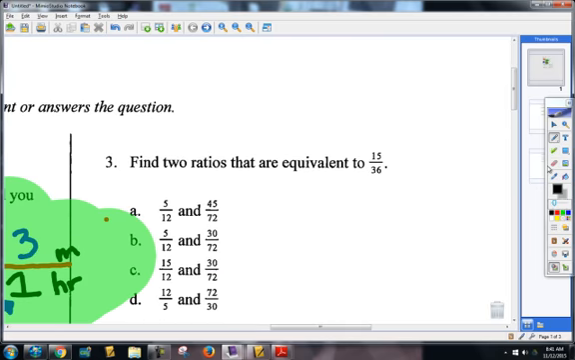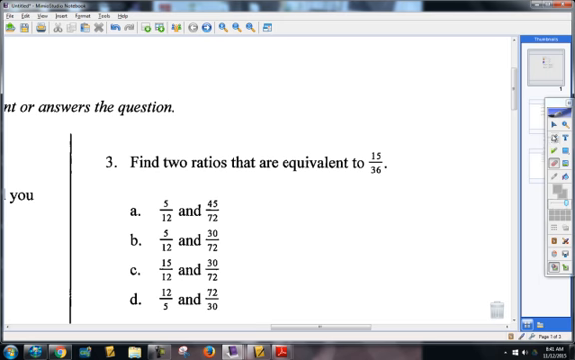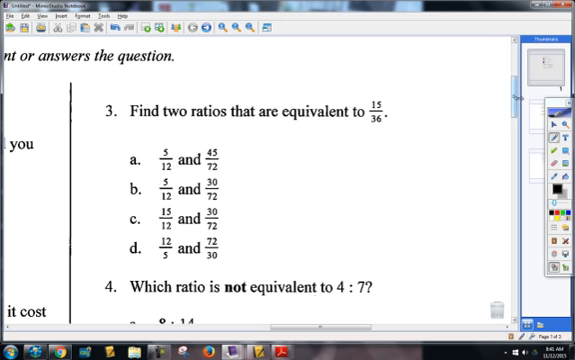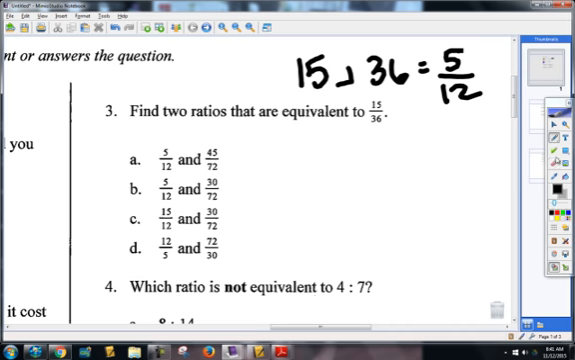Okay, number 3 was a little bit different of a question, but it kind of goes along with those 3 methods we learned for figuring out if ratios are equivalent or not, remember? So the first thing I did when I did this problem is I went into my calculator and did 15 ABC 36. And when I do that, I get 5 to 12. Is that what you guys all got as well? And then I just went through and said, okay,